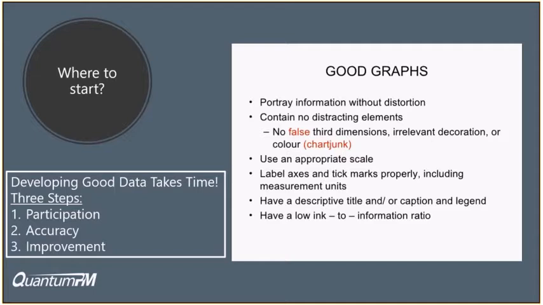So the first goal of getting good data into your system is to encourage participation. And that can take some creativity on your part to accomplish it. How do you get people to make sure to put their projects into your system and make sure they're updated? If you have a more mature organization, that's no longer an issue. But getting it in there and getting people to participate is number one. Then the second component in it is making sure that the data that you're getting is accurate data.